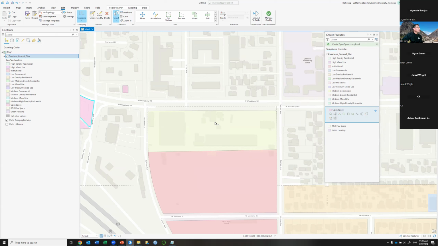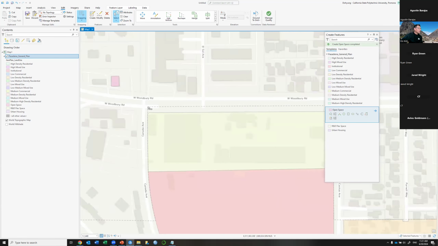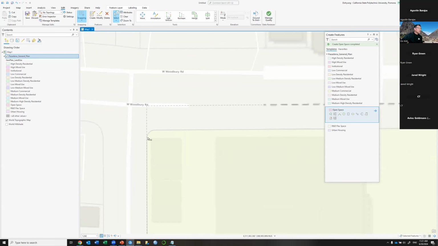But the snapping option is not so perfect. For example, if I want to draw a polygon to capture this area, somewhere here, and I want to make sure that there's no gap between this polygon and that one I want to draw here using the snapping option,